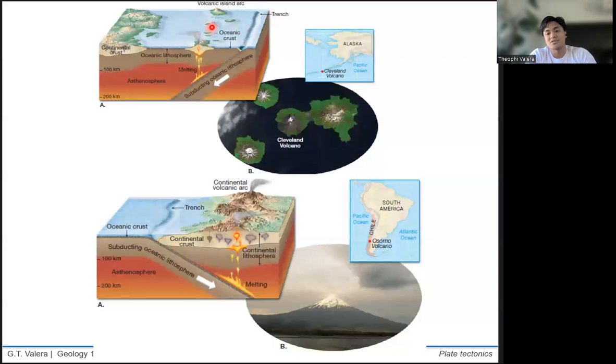Okay? Volcanic islands. For example, sa Pilipinas, you can think of this as the Batanes group of islands plus the Babuyan group of islands, which is the northernmost boundary ng Pilipinas. So this group of islands are actually volcanic island arcs. Ganon din yung continental volcanic arcs naman, on the other hand, are those that are formed on top of continents. So for example, sa South America, itong chain of volcanoes na to sa Chile.